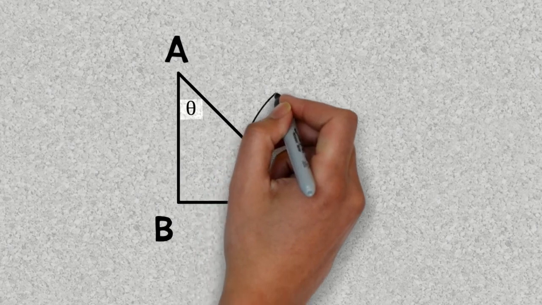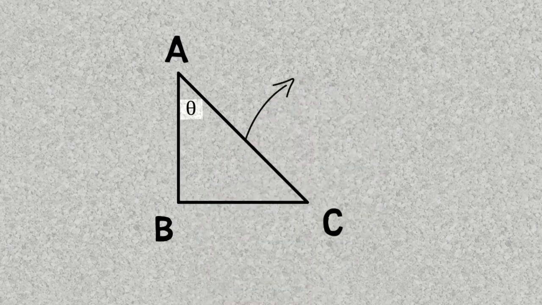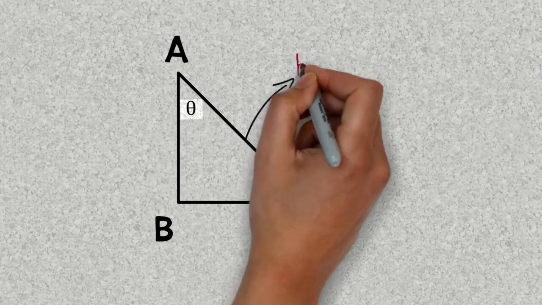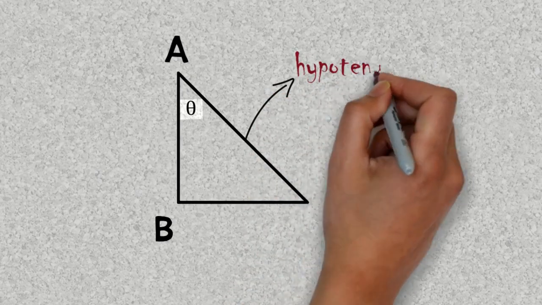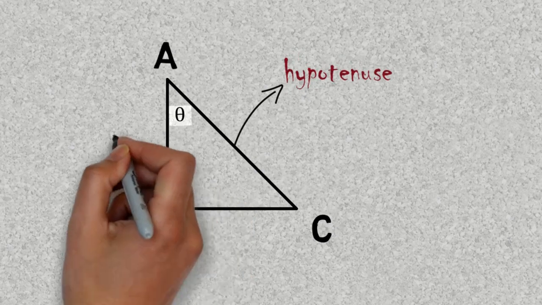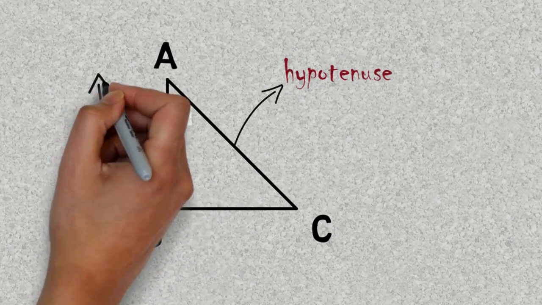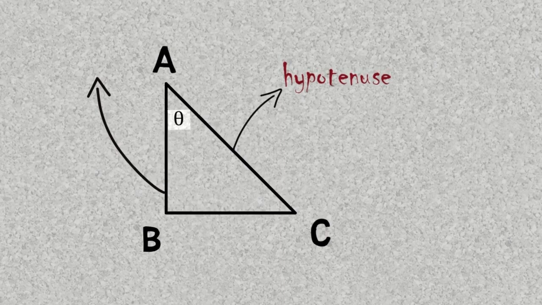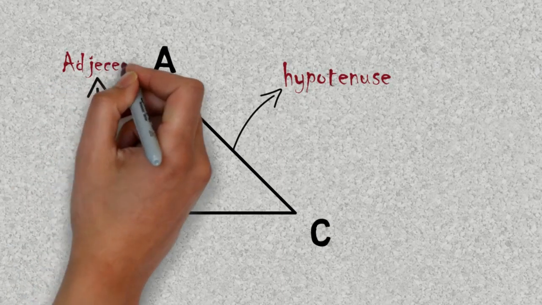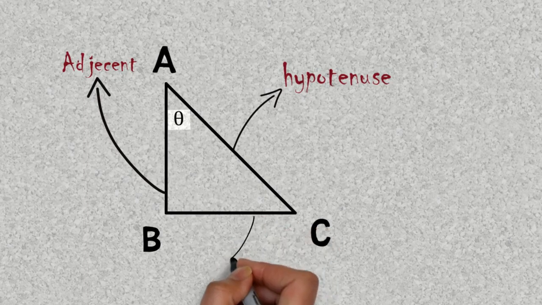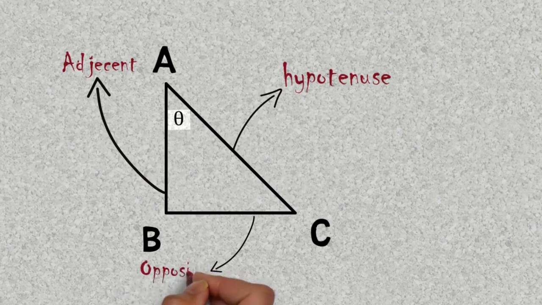So if we have an angle we want to calculate as theta, let's first know what is the hypotenuse. Hypotenuse is the line which is opposite to the 90 degrees which is formed in the right angle triangle. Next we have the adjacent. Adjacent is the line which touches one of the vertices and is not the hypotenuse. The next thing we want to find is the opposite. Opposite is the line which is opposite to the theta which we want to calculate.